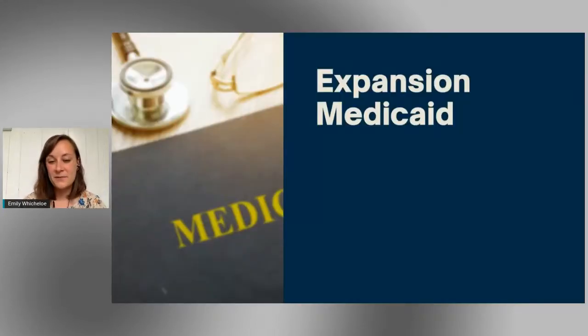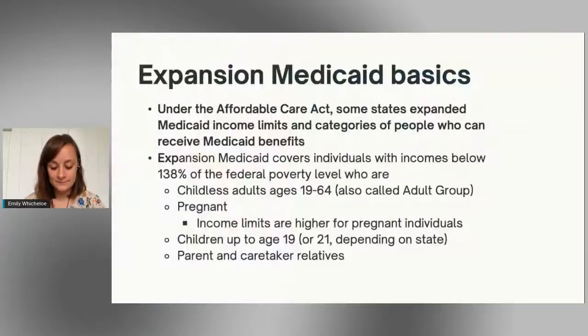So in this section, we'll be talking about expansion Medicaid. Again, it's sort of a different type of Medicaid than the traditional ABD Medicaid that people with Medicare generally qualify for. So under the Affordable Care Act, some states expanded Medicaid income limits and categories of people who can receive Medicaid benefits. Expansion Medicaid covers individuals with incomes below 138% of the federal poverty level who are